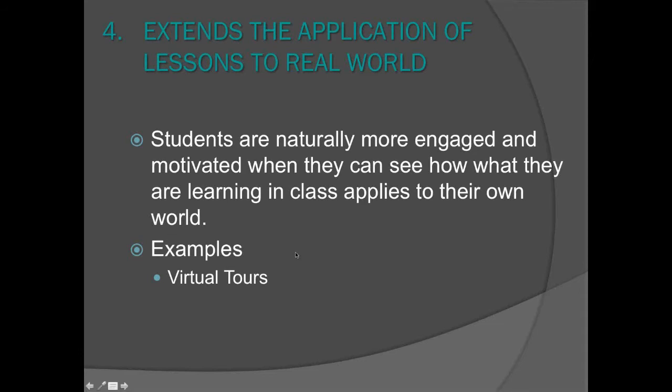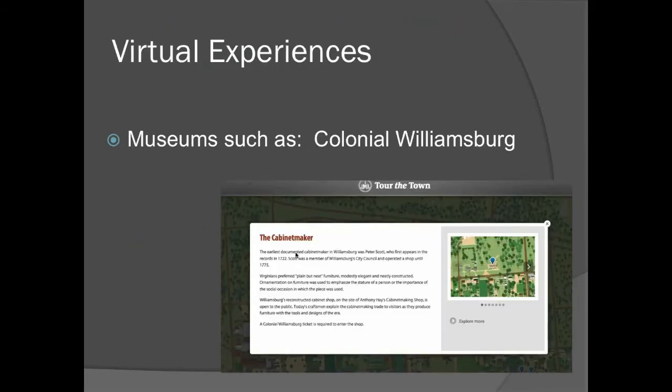This is an example from when I was working in Virginia. Oftentimes, lots of classrooms couldn't get to Colonial Williamsburg or, gosh, anywhere in the United States. You may want to go and visit that museum and look at some authentic artifacts from that time period. Well, Colonial Williamsburg provides a virtual experience where you can actually walk the streets and have a 360 view, pick up an artifact, examine it, look at what the museum has written about it, and more, as museums are changing with the times.